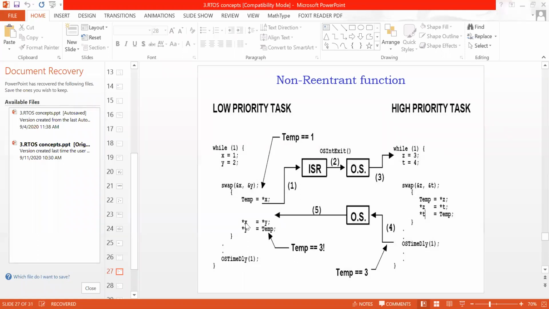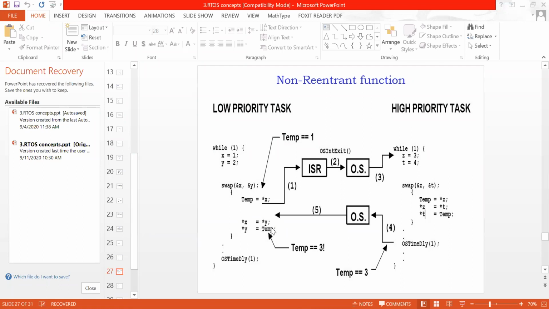Falke has given an answer. No, the contents of x is 2, because you observe the value of y is equal to 2. So copy the value 2, that is y, into x. So now x has a value of 2. Okay, it's correct.